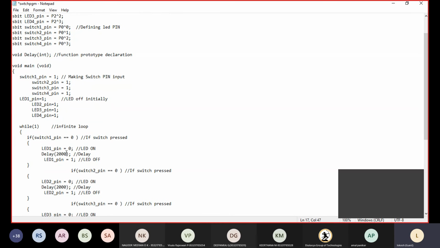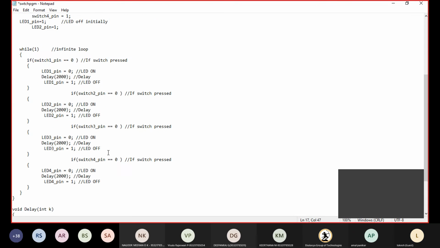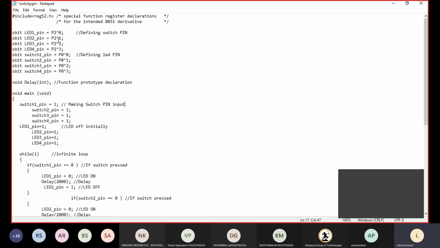Later, I will make this LED pin an output, then the LED will turn on. So in our program, the LEDs are P0.0, P0.1, P0.2, P0.3, 4 LEDs.